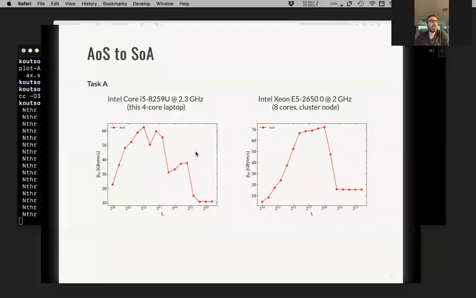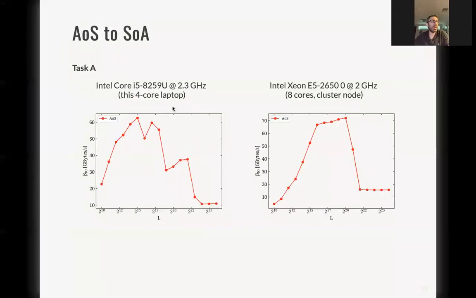So this is sort of what you, well, I mean, you're on different computers, so it's not exact. It's not clear whether you should get the same or something similar. In any case, I ran this on 2 computers. On the right, there's a node of a cluster which has 8 cores on 1 CPU. On the left, it's just my laptop. My laptop does other things. It's not just running this